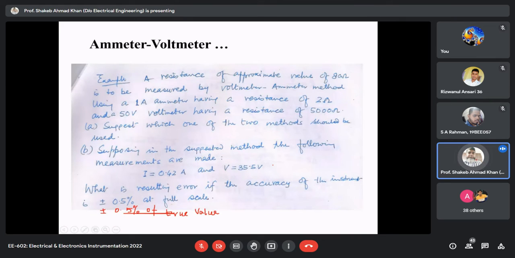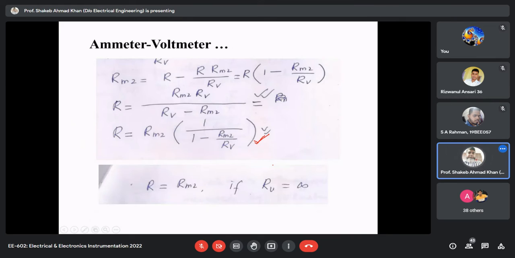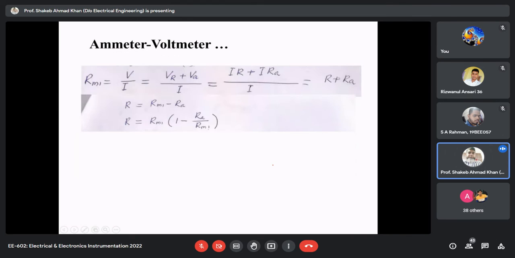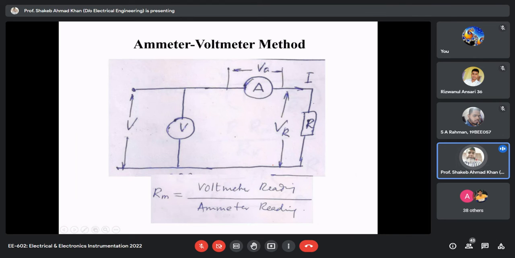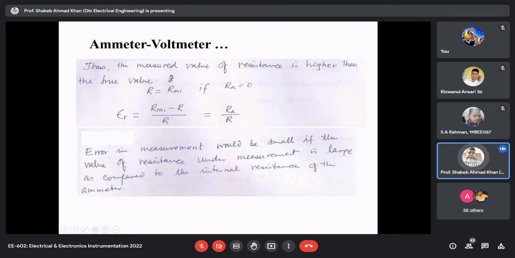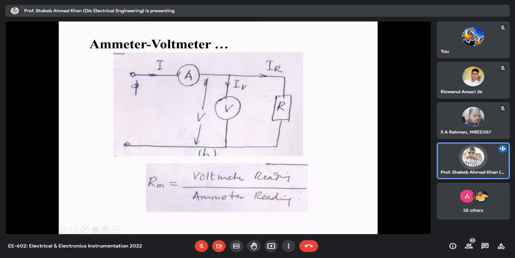Now, anyway, if you are not having any query, then I'm asking one question. If we are talking about the voltmeter-ammeter method, and this is the simplest method of measurement and its limitations that we had discussed, even with all its limitation, if this method is catering your accuracy requirement, then we will stick to it because it is having an advantage